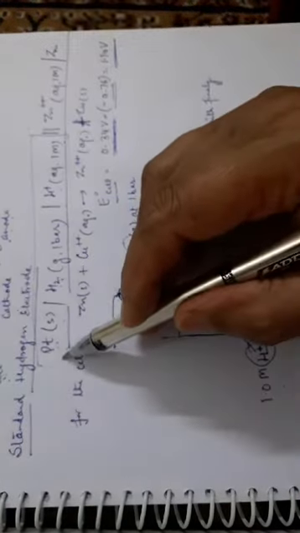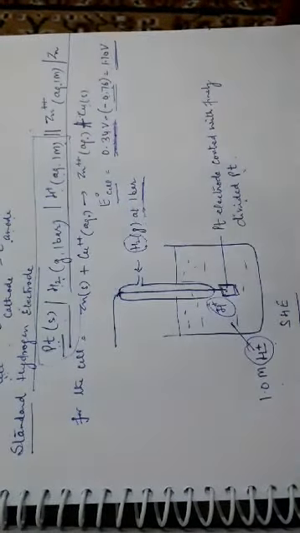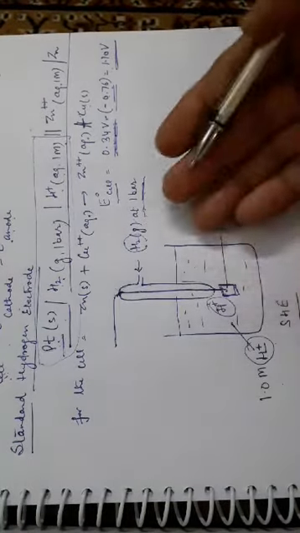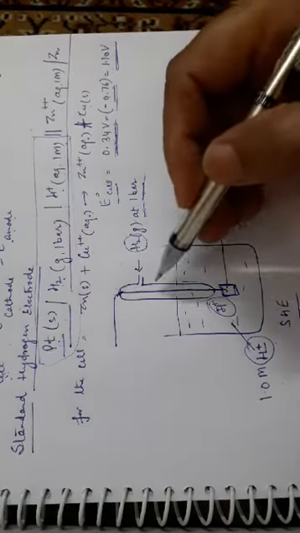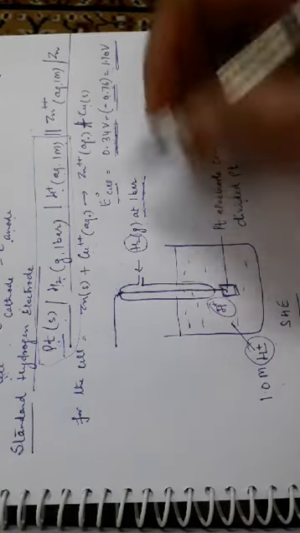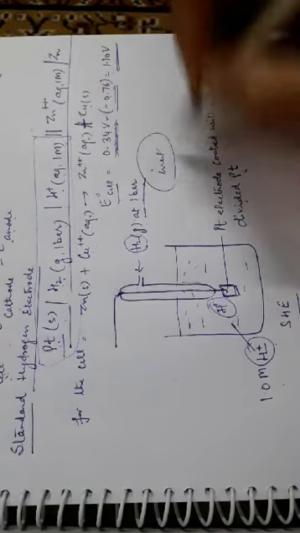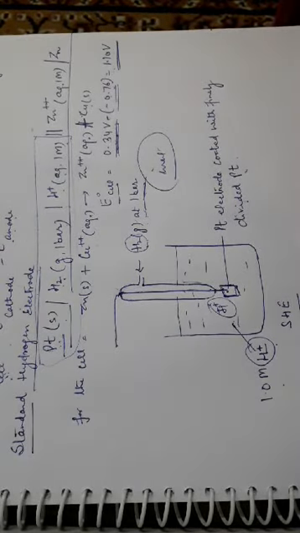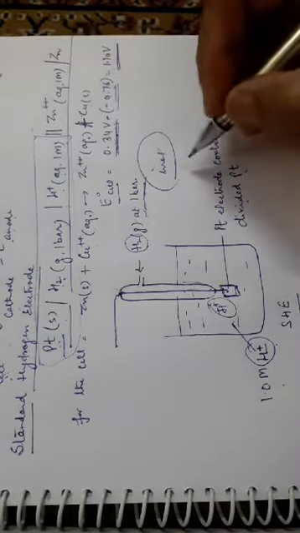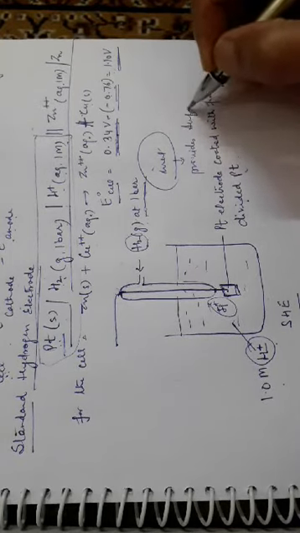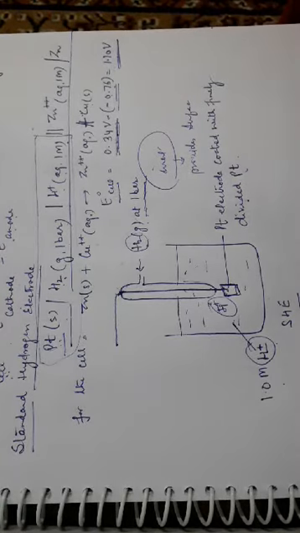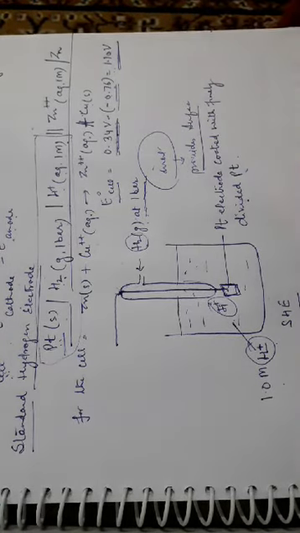The question arises, what is the role of this platinum here? The platinum electrode we have taken, actually this is the platinum electrode on which the hydrogen gas has been bubbled. Platinum is an inert electrode, that does not get involved in any chemical reaction, but it provides surface to the hydrogen gas for the reaction. It provides surface. The role of platinum electrode is to provide surface to hydrogen gas for the reaction.